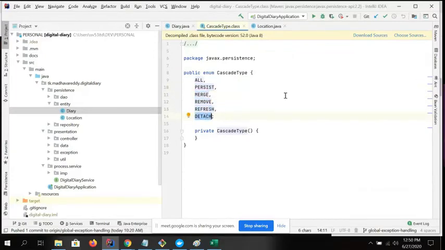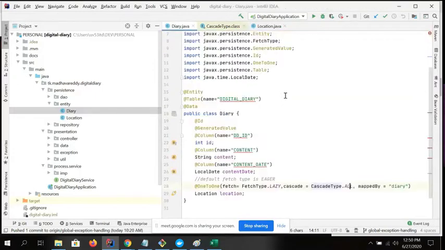These matter in complex relationships, when you are dealing with multiple entries and multiple people are using the same entry at the same time. You can use this cascade type. For a normal relationship, it will be cascade all. You can perform all types of operations, and these operations will be controlled by JPA. Whenever it is persisting, it will look for this cascade type, and based on that it will perform the operation.